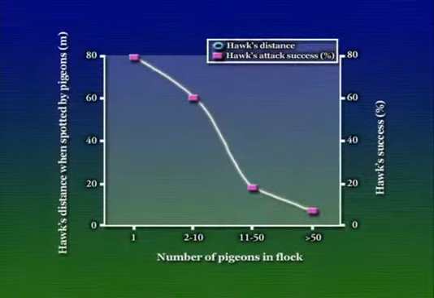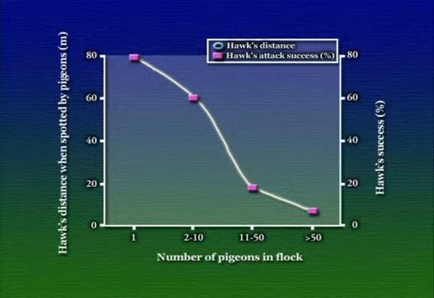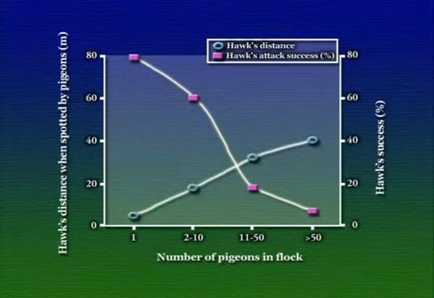Why? Because there's simply more eyes and ears on the lookout for predators. It turns out this is probably what was the case in Kenward's data for the relationship between group size and the success of hawk attacks. What Kenward was also able to show is that the distance at which the individuals in a flock of pigeons detected the predator became a larger distance as the size of the group increased. There were more eyes looking for hawks, and they would see a hawk at a greater distance.